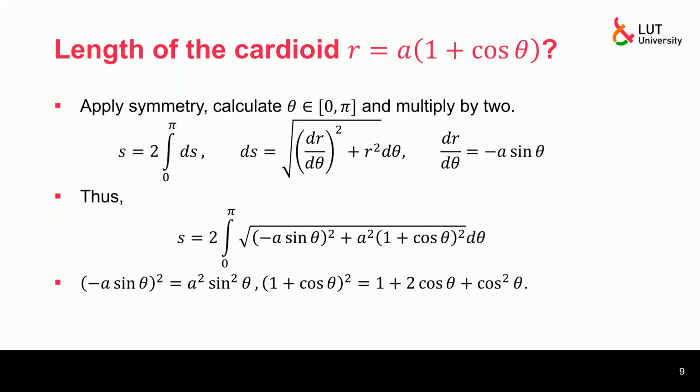Okay, length of the cardioid. So now, usually we would go from 0 to 2 pi, but because it's symmetric, we can take it twice and go only from 0 to pi. And ds is the arc length element, which we in polar coordinates define as